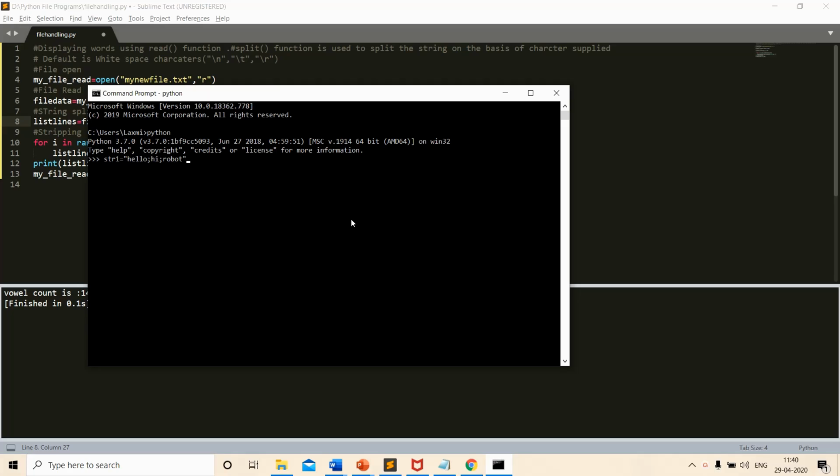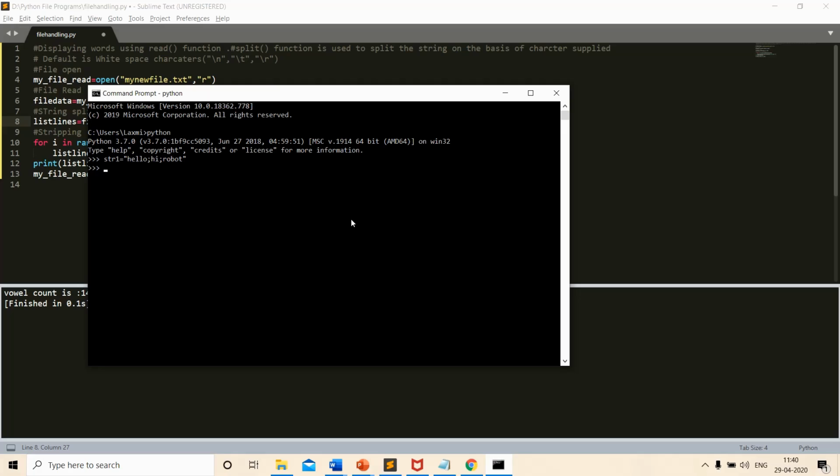Here I have defined a string variable str1 which has some text in it, and as you can see, this text, hello, hi, and Robert, has been separated using a semicolon. First I will explain what the split function is. The split function splits the string and converts it into a list of words on the basis of the split character which we supply.